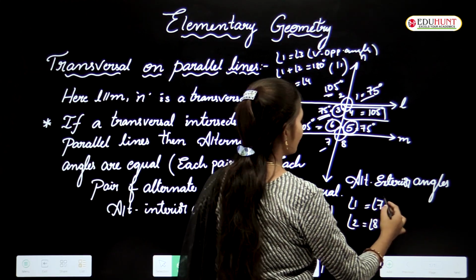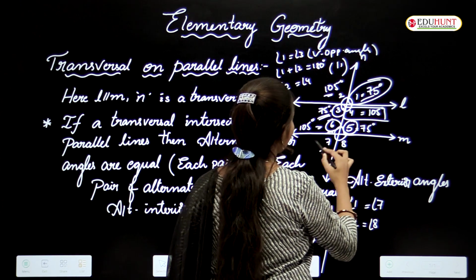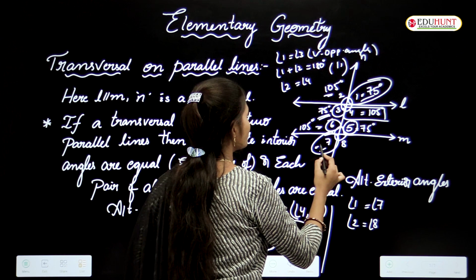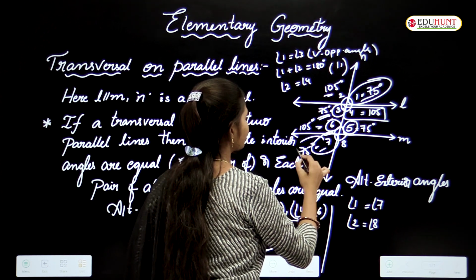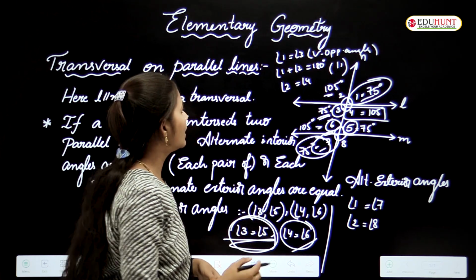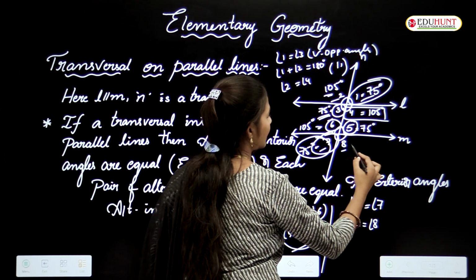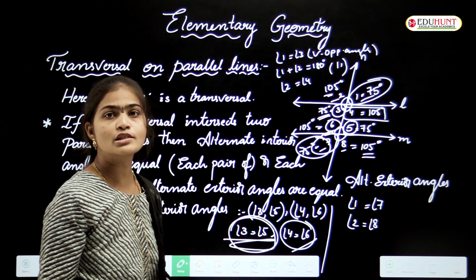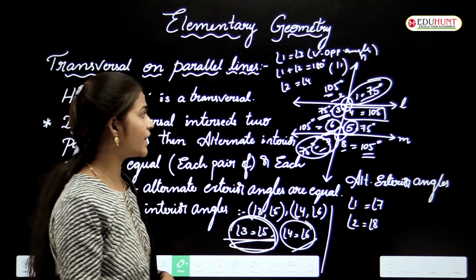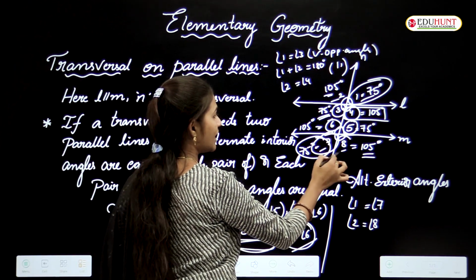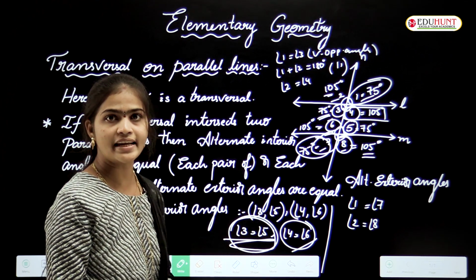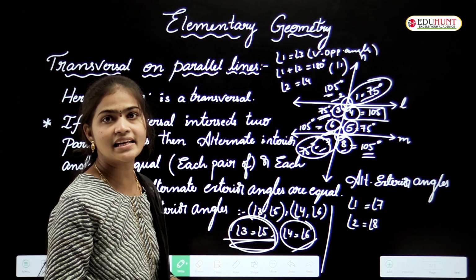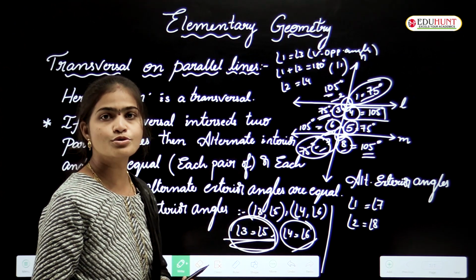Okay. So here observe that angle 1 and angle 7 are equal, right? So angle 7 is equal to 75 degrees. Now angle 2 is equal to angle 8, that's why this is 105 degrees. Here also we can observe the corresponding angles pair. Observe that angle 4 and angle 8 are corresponding angles, no? Angle 4 and angle 8, do those two have the same measure or not? Yes, obviously those two have the same